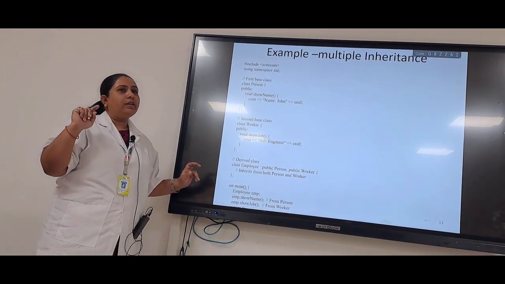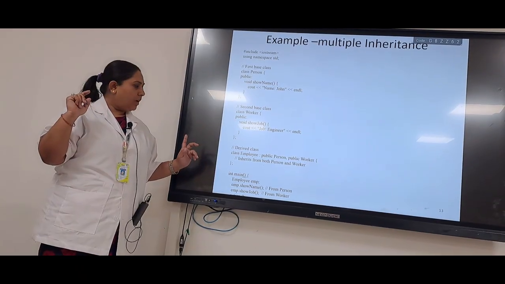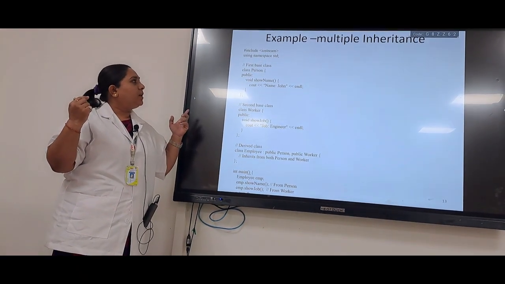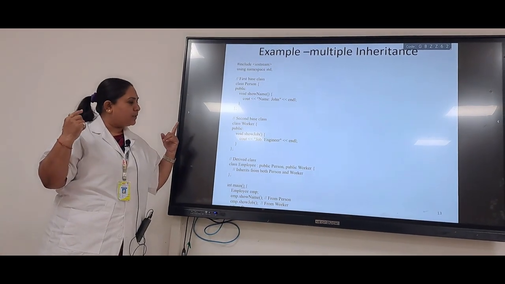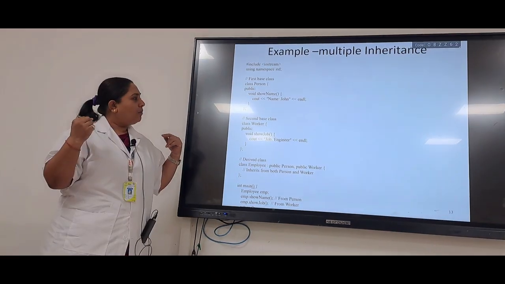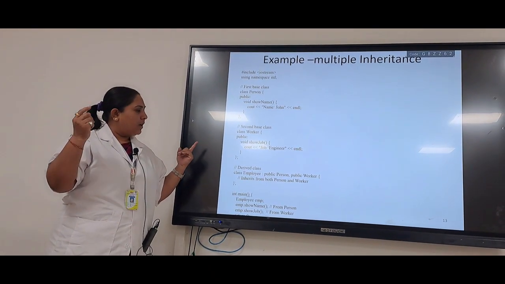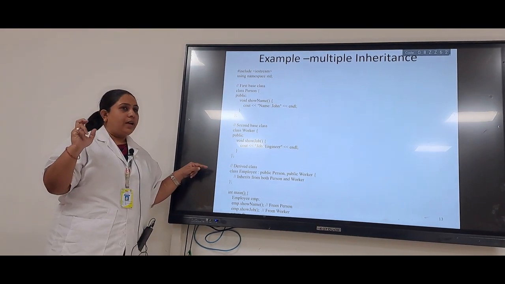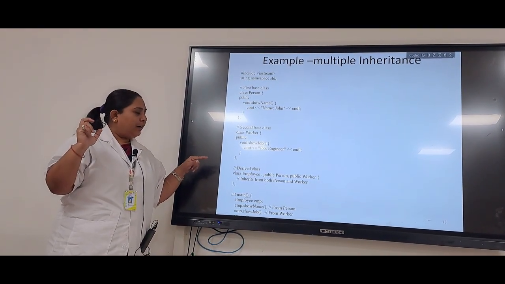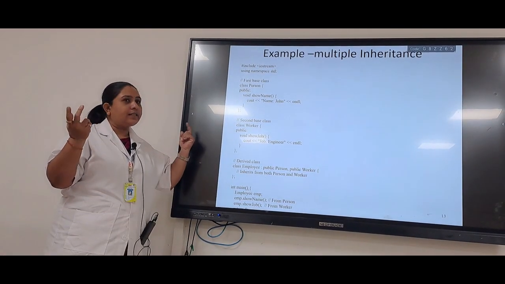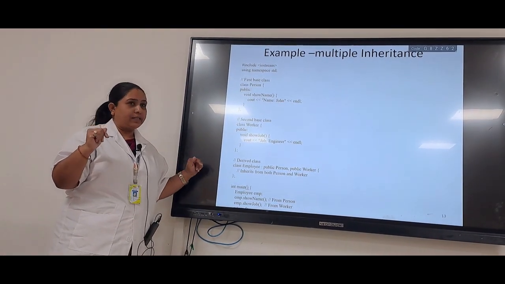This employee class is inherited publicly from the base class 1, that is person, and also publicly derived from the second base class, worker. So basically the employee class is taking the properties both from the first base class as well as the second base class.